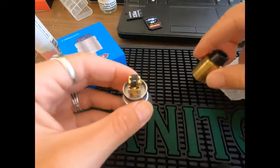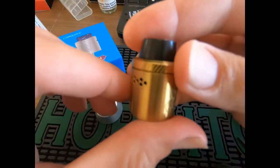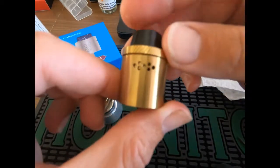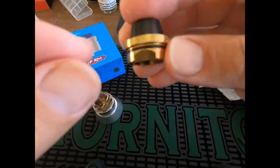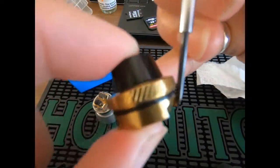Alright, so there's the deck. You've already seen that. Now this is going to be your barrel section and your top cap section, which is very interesting. It has the 7 holes on each side. And when you take out the drip tip, this has a downward sloping